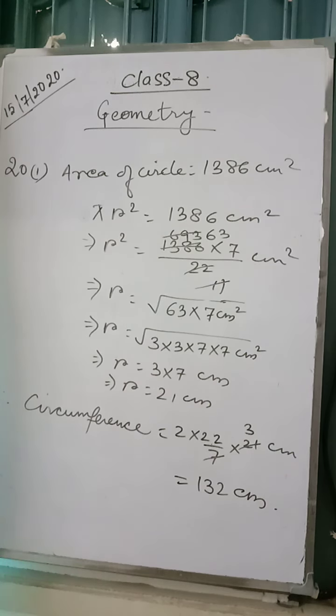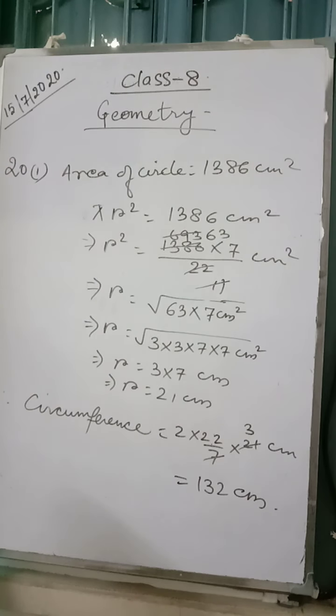But first of all, we should know the length of the wire. What was the length of the wire? So how to get the length of the wire? Though the area of the square is given, so we can get the side of the square. Once we get the side of the square, we can get the perimeter of the square. That perimeter of the square will be equal to the circumference of a circle. Once we have the circumference, we can find the radius and we can find the area of the circle. So let us see. We will start this.